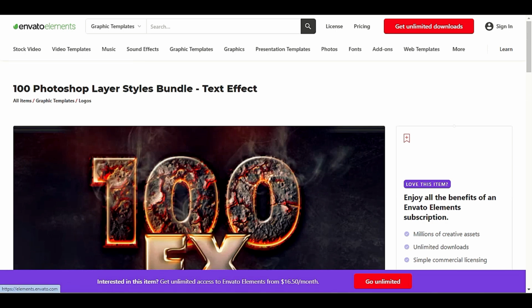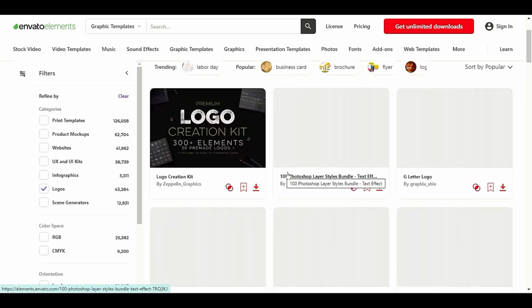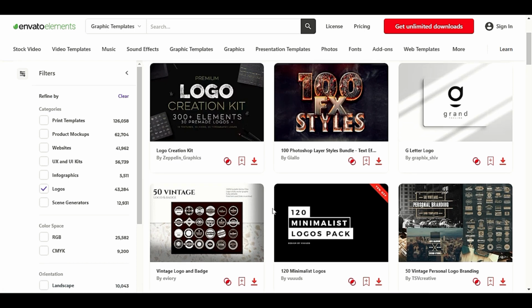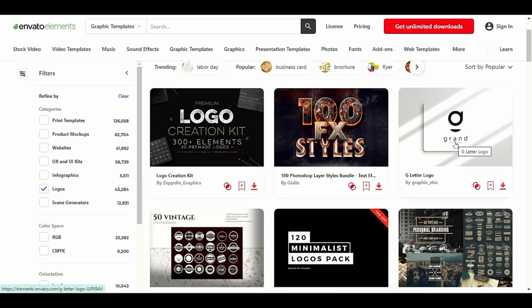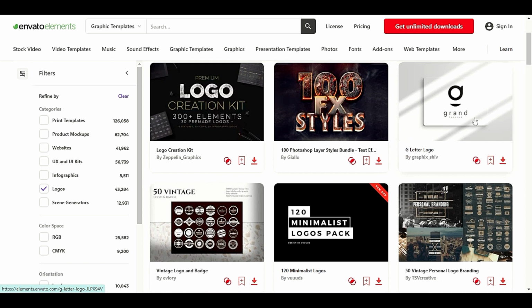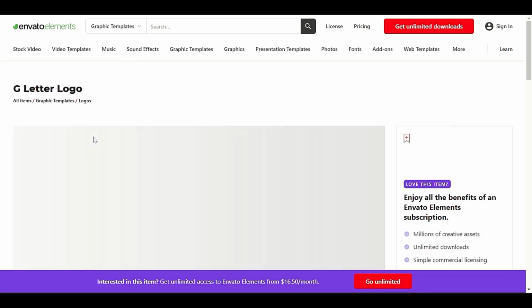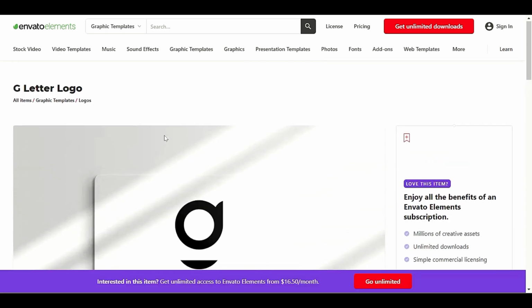Let's check out some other options we have for the logos. We have the G letter logo. If you have a company or business, starting with your first letter, you can create your first letter logo with the help of this Z logo. If your business starts with Z, you can